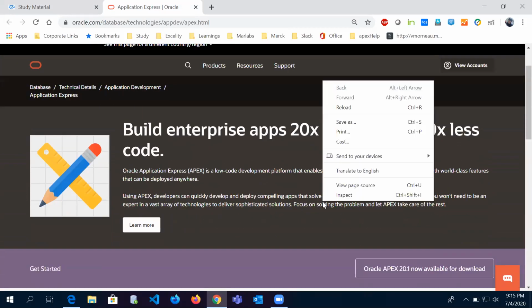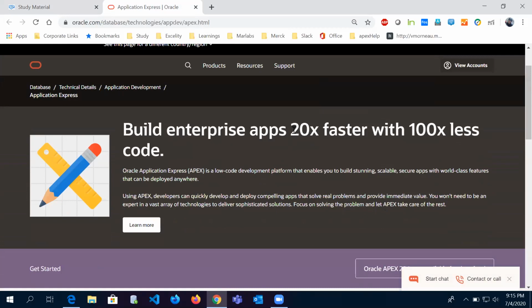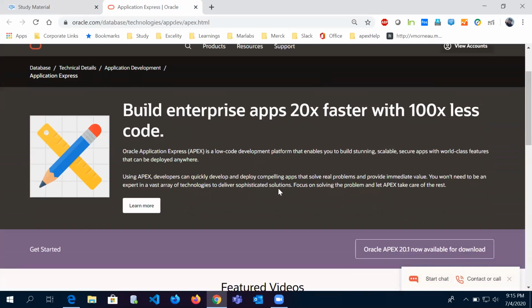Now I'll tell you what we can do here with Oracle Apex. We basically have two ways to start. Either we can install the Oracle Apex environment on our local machine, our laptop or desktop, or we can use an autonomous database to develop our own application, or we have apex.oracle.com to start with Oracle Apex.